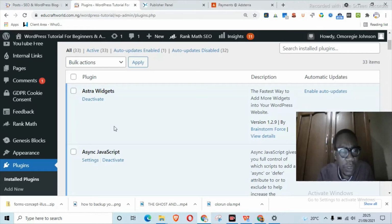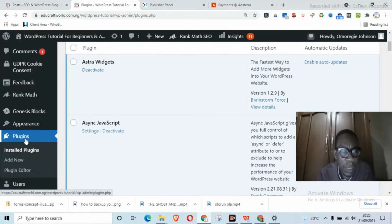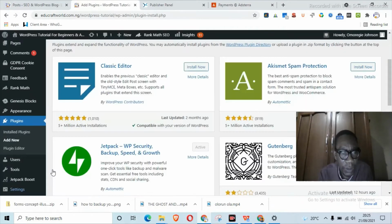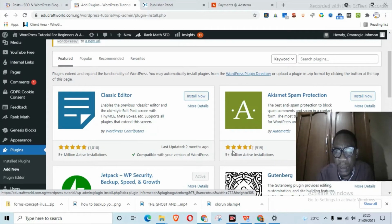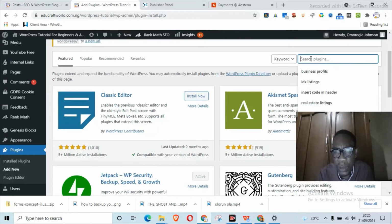After which you go to plugins, and from plugins you move to add new plugin. Once you click on add new plugin, you see the plugins that are installed and the ones that are not installed on the WordPress site. But that's not what we're looking for. We're looking for a particular WordPress plugin that we're going to be using to back up our website. So come to search, type in